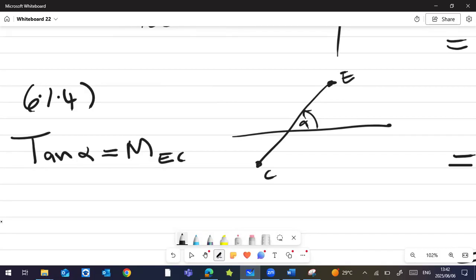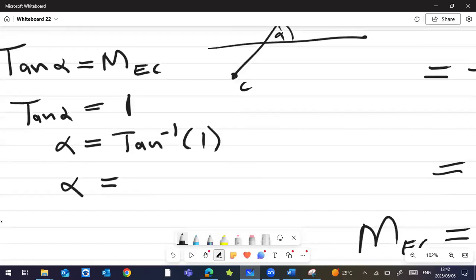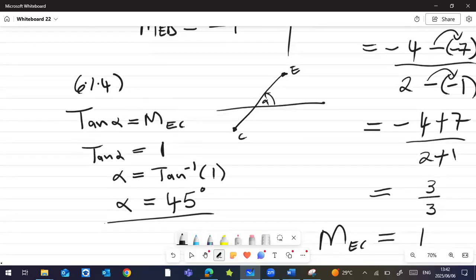So tan of the angle of inclination of EC equals the gradient of EC. And we found the gradient of EC to be equal to 1. Tan alpha equals 1. Therefore, alpha equals tan inverse of 1, which gives me 45. So we found our alpha to be equal to 45. That's how you'll answer question